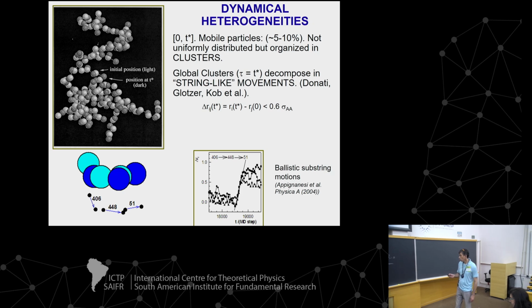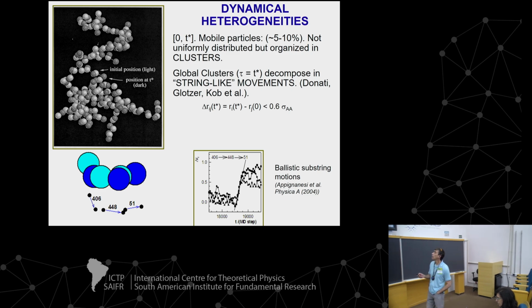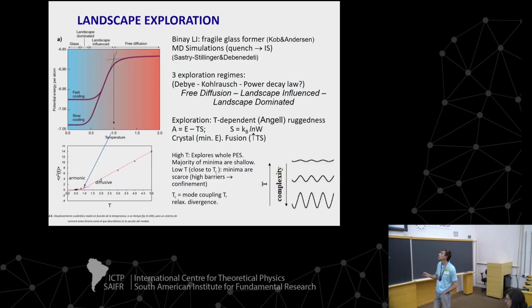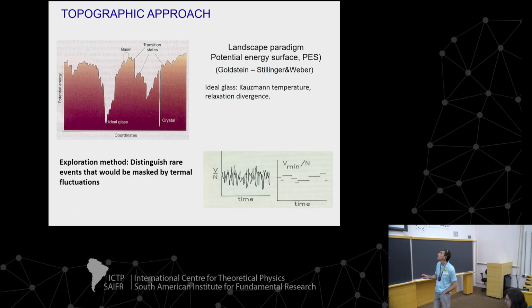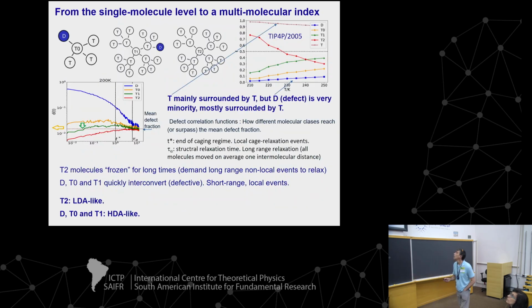Thus, when we are at T star, only 5 to 10% of the molecules move. They are arranged in clusters, and this tells you that you are in a position where long-range events are beginning to set in. And so when you see that these molecules here and here go to the mean defect fraction,